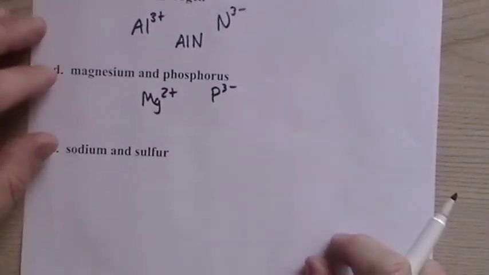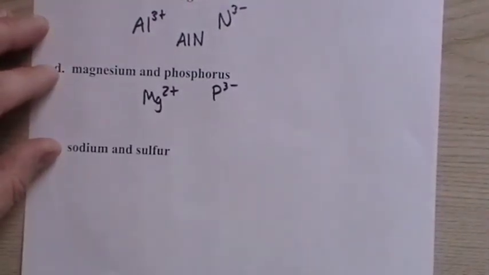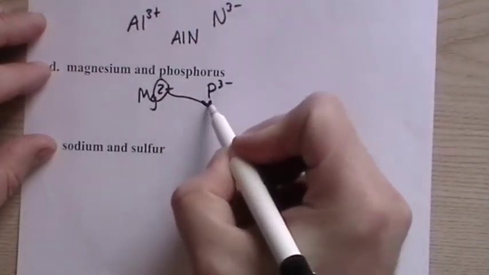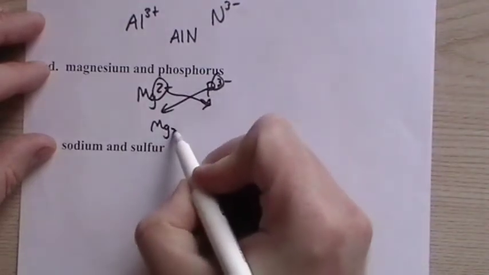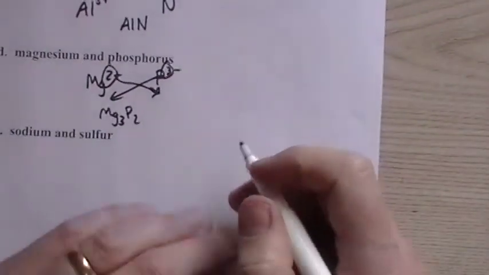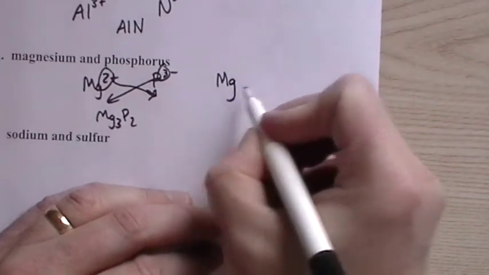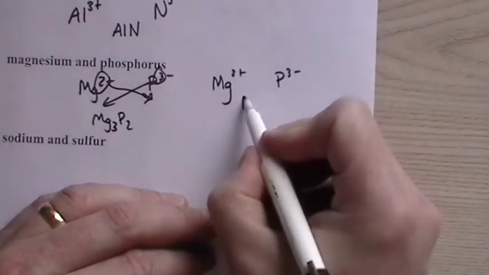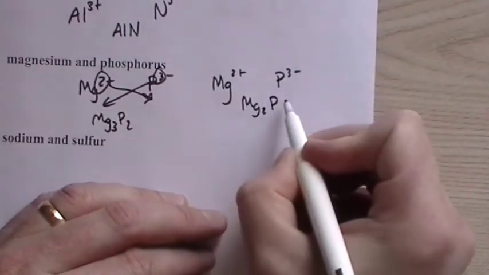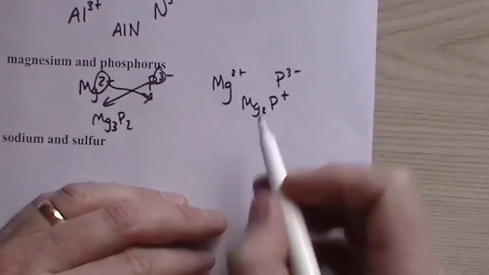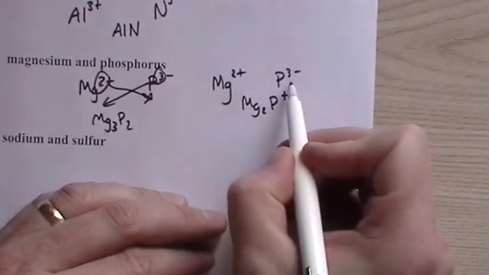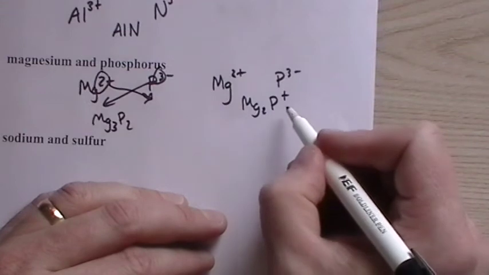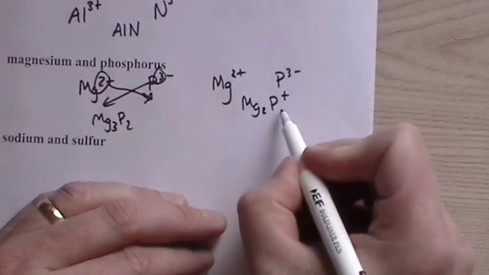This is where students in the lower class, 1050, would use the crisscross method. And you can certainly do that. You have the 2 here, 3 here, you have magnesium. But let's think about what we're doing here. Magnesium is +2, and the phosphide is -3. If we make it Mg2, then this would be a +1. We have a smaller positive number than the negative, so if we double this to try to get to -3, we won't be able to do it. So if we then double the phosphide,